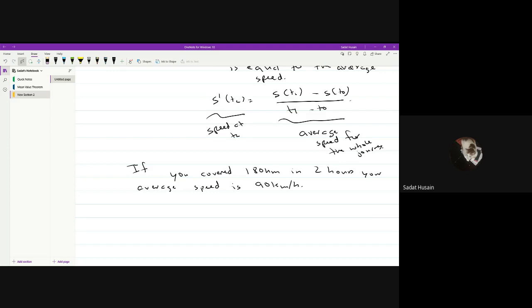It's going to be greater than 90 sometimes, less than 90 sometimes. But we can say with confidence, by the mean value theorem,